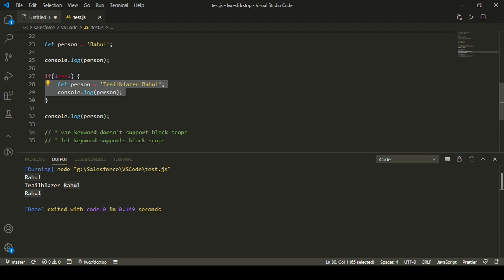They introduced a new keyword named let, and it was said that let is the new var, so you should use let instead of var, because the let keyword supports block scope, and there are fewer chances of error if you use let instead of var. Even if you are updating or defining a variable with the same name, it has its effect only inside the block. It will not affect anything defined outside the block, right? So that's the main difference between the let keyword and the var keyword.